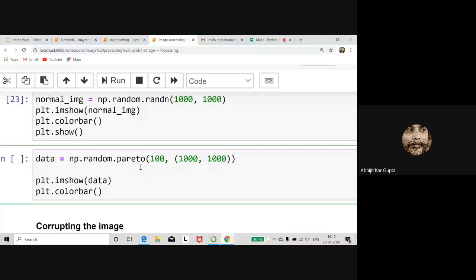Pareto distribution is more than 100 years old. Pareto was a man who lived in Italy, around the same place and time as Boltzmann, the famous physicist. So the Pareto distribution is a long tail distribution, which means it is very, very skewed. I cannot show you the distribution at the moment, but later I'll show you. For now, what it tells us is that there's a peak at one side.